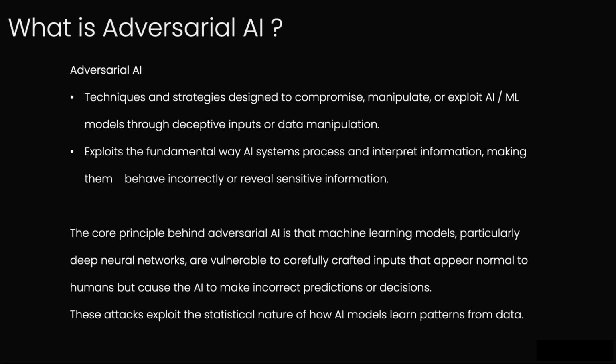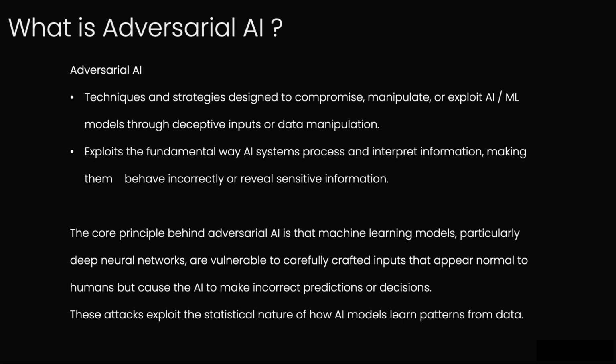Adversarial AI, at its heart, is about techniques specifically designed to compromise or fool AI models. And the key thing is how. It uses deceptive inputs, maybe slightly manipulated data. It's not like typical hacking looking for a coding flaw. It actually exploits the very way these AI systems learn and process information, basically twisting their interpretation so they get things wrong or sometimes even leak sensitive stuff. So, like you said, an optical illusion, but for the machine. Exactly, an optical illusion for the machine.